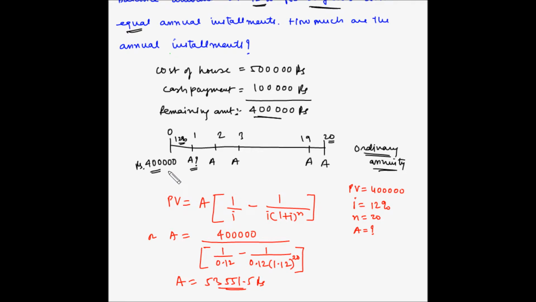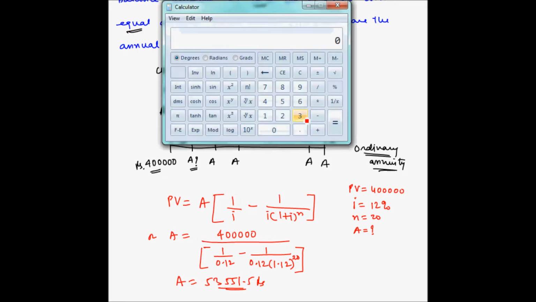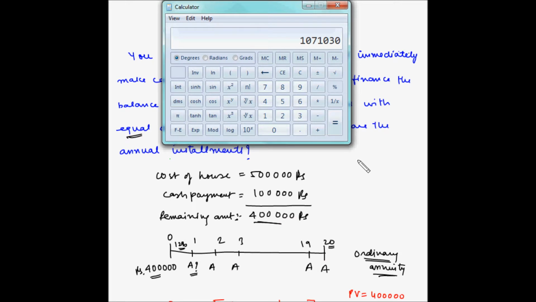Now just out of curiosity, let's find out as to how much total amount we are paying to the bank: 53551.5 into 20. So the total amount that you are going to pay is 1071030,